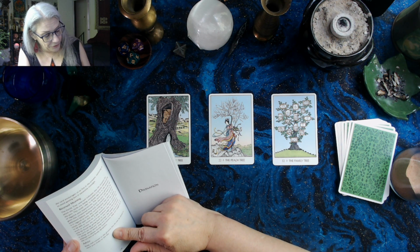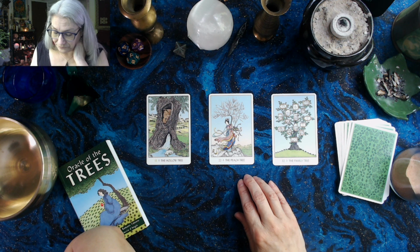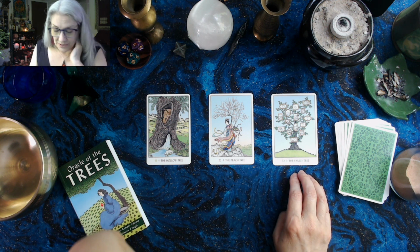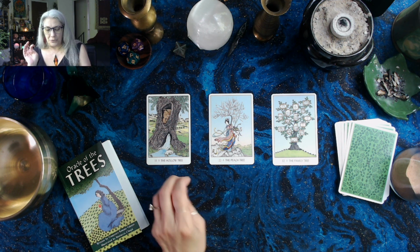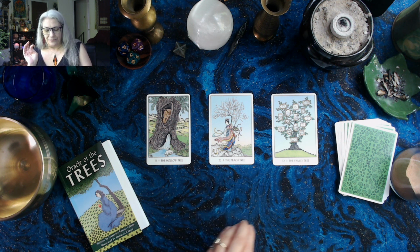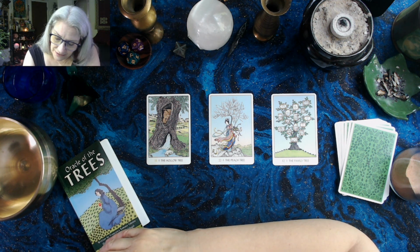Advice: keep well rooted to the ground, but do not be afraid to reach your limbs to the sky. Okay, I like that idea of legacy and rootedness. So let's try to expand that to the collective and our collective story. So we're talking about opportunities opening and being able to partake of the juice of life. And then we have the family tree. I think,